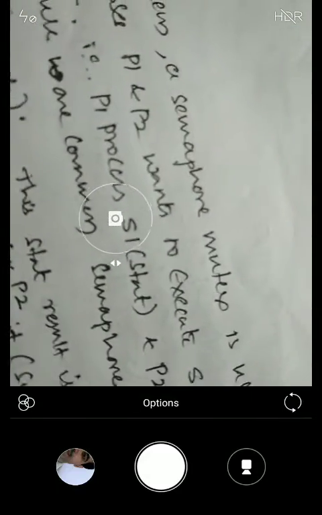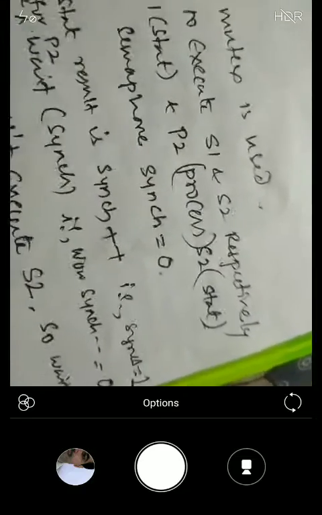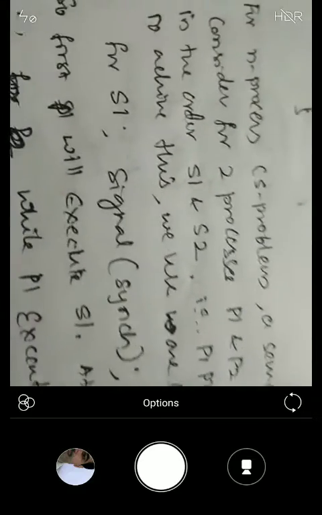This is usually a two process solution. Say for P1 and P2, they want to execute statements S1 and S2 respectively. P1 wants to execute statement S1 and P2 wants to execute statement S2. To achieve this, we use one common semaphore synchronization variable called sync. Initially it is set to 1. Whichever process wants to enter the critical section will set it to 0, and after executing, it will come out by setting it to 1.